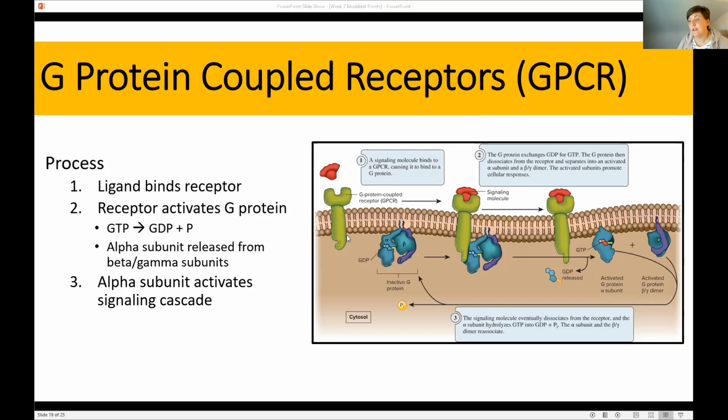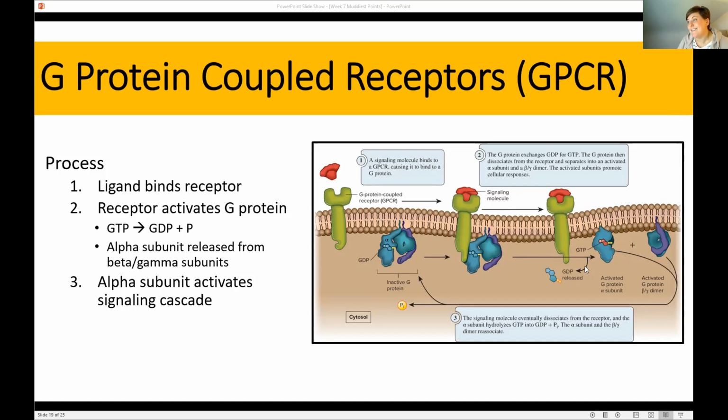So with G protein coupled receptors, what that means is that you have your receptor and it is in close proximity to a collection of proteins, collectively called the G protein. So this G protein is coupled to a molecule of GDP. But what happens is when you have your signaling molecule bound to that receptor, so you see that here, your signaling molecule binds to the receptor, that causes the receptor to associate with that G protein. It couples with the G protein.